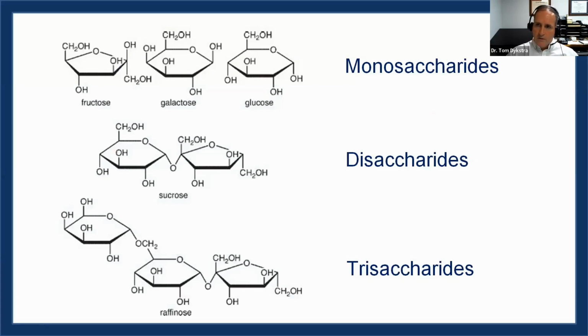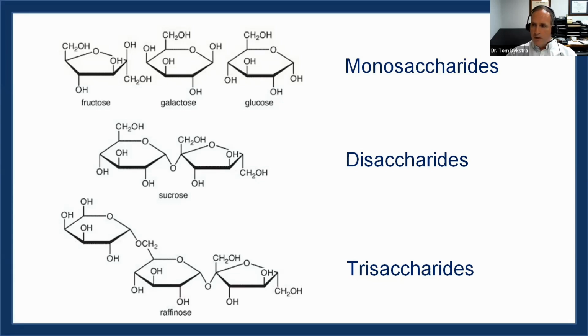So we have monosaccharides, which is a 6-carbon sugar, disaccharides, which is 2 6-carbons together, trisaccharides as well. The monosaccharides, we mostly have the first and the third, fructose and glucose, around the plant. In the disaccharides, sucrose is the main sugar that you will find mostly traveling through the plant, especially the phloem tissue. And this is just composed of a fructose and a glucose molecule. So these are the types of sugars that are in the plant. They come from photosynthesis. They cannot be pulled up through the roots to any degree. And so the vast majority is going to be coming in through the leaves.